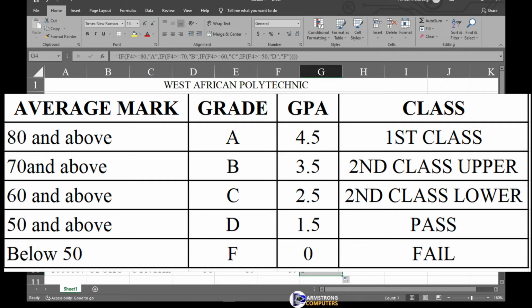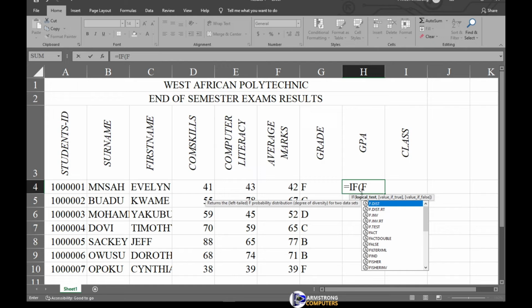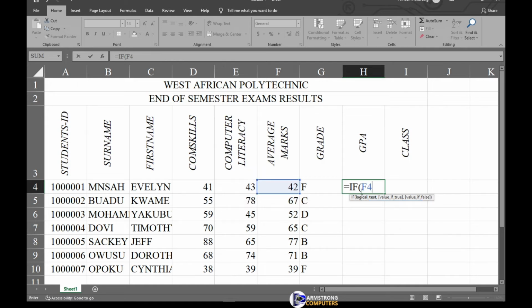Below 50, the GPA is what? Is 0. So how do we do that? It's just simple, the same manner. You bring the mouse pointer here again, you go equal to if, using the if statement. Then we go like if cell F4 is greater than or equal to 80,